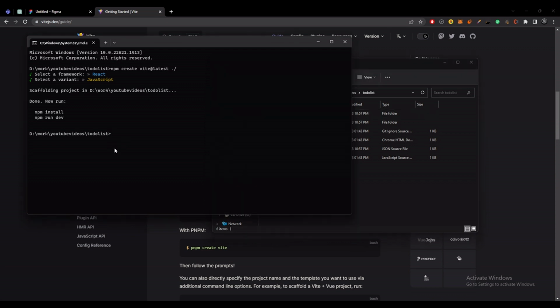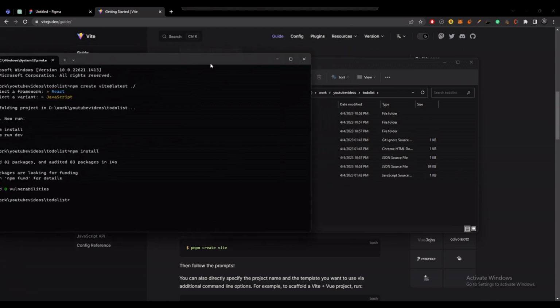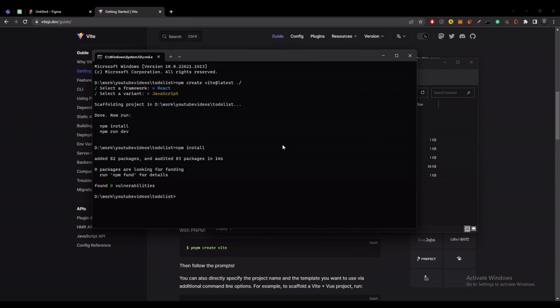All I need to do is npm install to install all the packages, because they don't get installed automatically. Once installed, what we're gonna do is open it on VS Code,